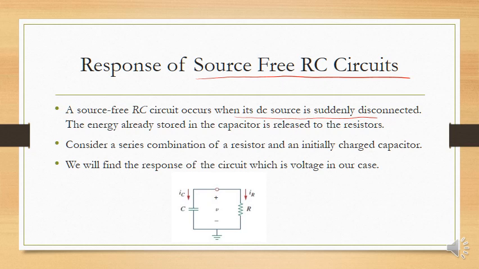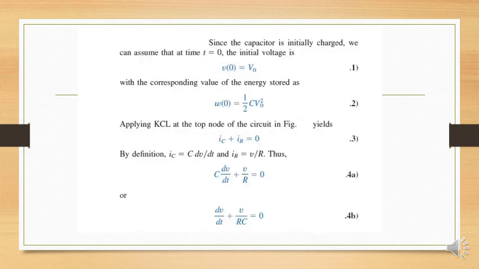Now we are going to study this circuit, a circuit with a capacitor and a resistor, and this voltage we are assuming that if we connect our DMM across this point and this point, then we assume that V is the same over here. Now what we are going to do? We are going to solve the circuit and find the response of the circuit in the form of voltage. In case of RC, we will find the response of the circuit with respect to voltage.